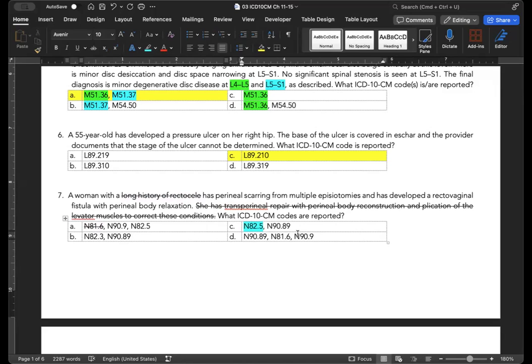And then it's not in any of the others. Sorry, I was looking to double check that too. So since that one's not in any of the others, then we know that that's it. Now, if we are still kind of doubting ourselves, we can go ahead and look at the N90.89